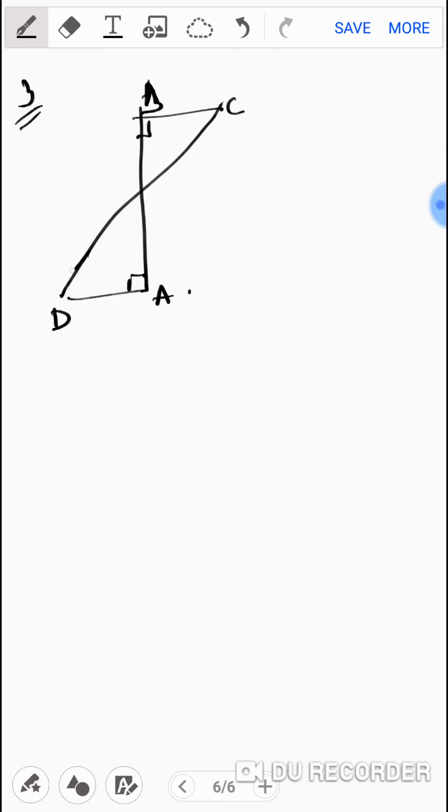I'll jump on to question number 3, which says AD and BC are equal perpendiculars to a line AB. So I have AB as my line. I'll mark this as AB. And these are the perpendiculars, so I'll mark the perpendicular sign. I'll write C here, D here, and I'll join this. So I got two triangles. You have to show, so this is equal to this. You have to show that